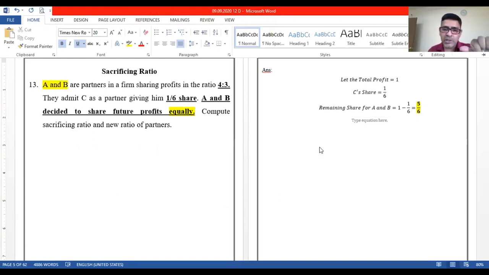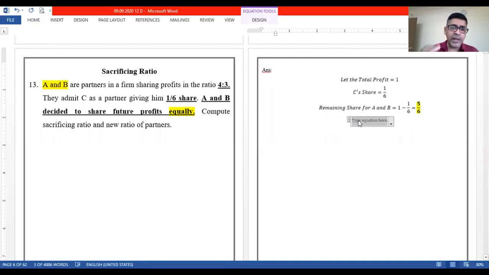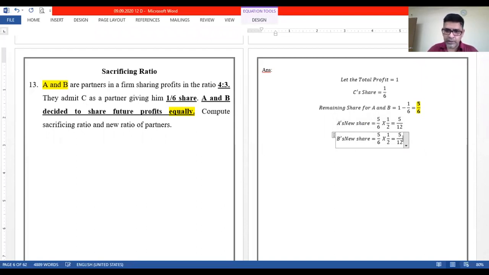In this question, the statement is very, very clear that A and B decided to share future profits equally. So this remaining share, no doubt, belongs to A and B, but in the new ratio of theirs, right? So let me calculate A's new share. Okay, I know the remaining share is 5/6 into 1/2. That will be equal to 5/12. Okay, the same will be the case for B as well. So let me copy this piece. Instead of A, now this is B. Okay, B's new share is also 5/12, and now C's share is